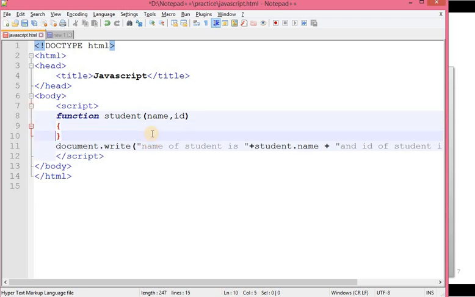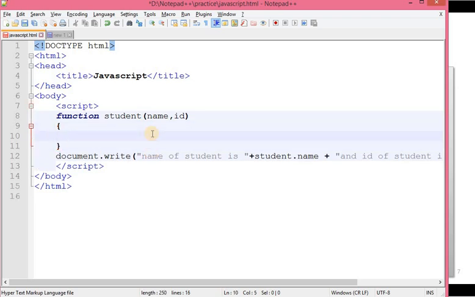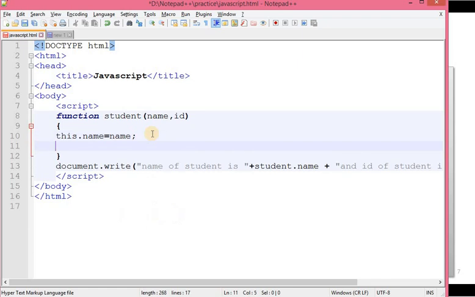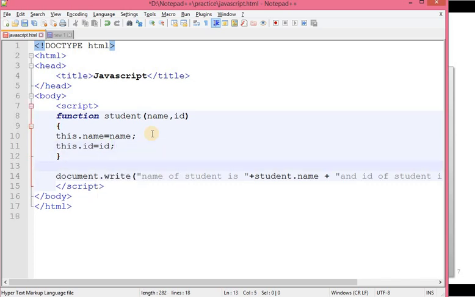After that, within curly braces, this.name is equal to name, this.id is equal to id, and now I am going to create an object using this method.